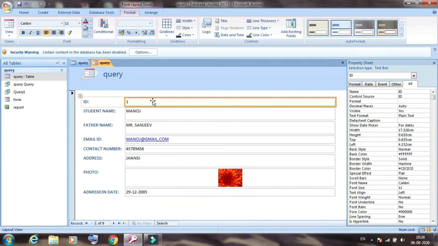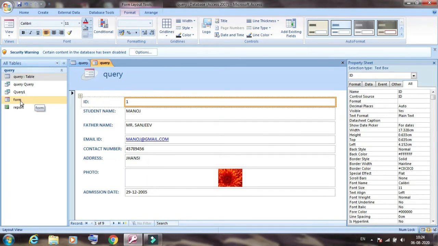Then with the help of this form, you can add a new record into the database, or delete a record from a database. Many operations you can simply apply. Here I have already made one more form.